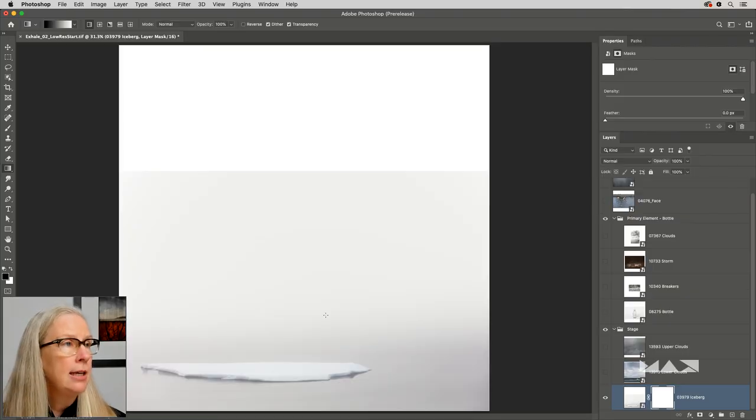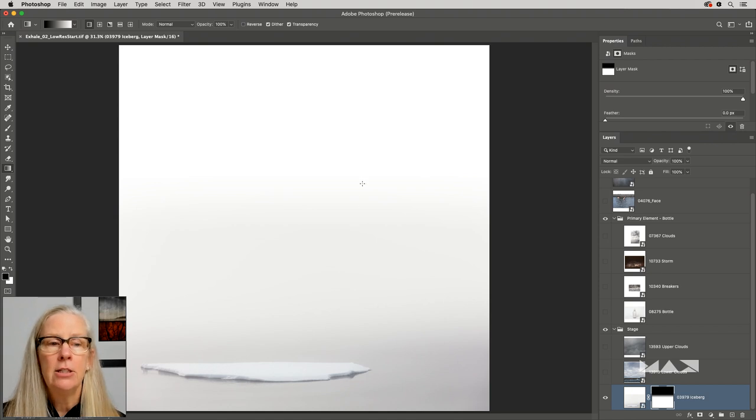Doesn't matter if you've got a type layer, a smart object, a pixel-based layer, a shape layer, it always works the same. So I'm going to tap the G key to get the gradient, and I'm just going to right click and reset that tool. It's going from black to white, so black will hide, white will show. So I'll start at the top here and then just slowly drag down into the image, and I get this nice gradient in the mask, which will slowly translate into showing and hiding the contents of that layer.